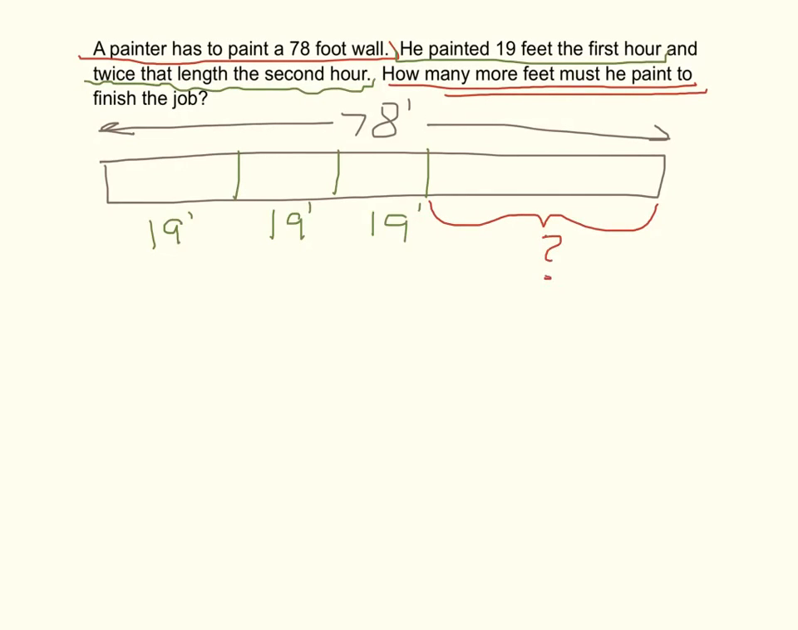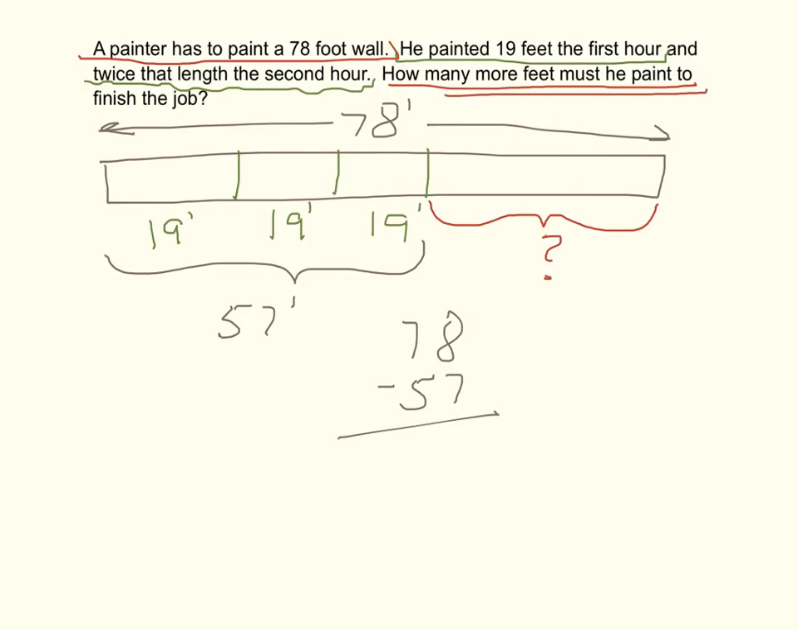And the idea now is kids will be able to look at this and have it be fairly intuitive that if they take these 19s away from 78, whatever's left will be the answer. So let's go with 19, 19, 19. I can tell you that, added up, that gives you 57 feet. So then if we take 78 minus 57,